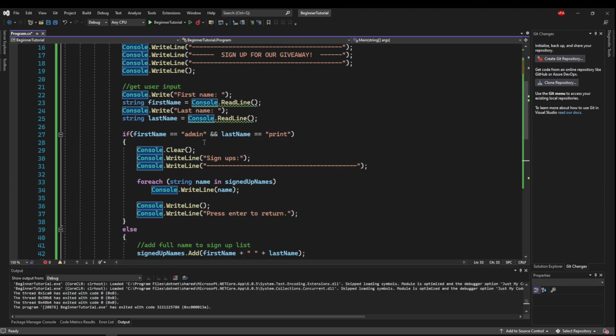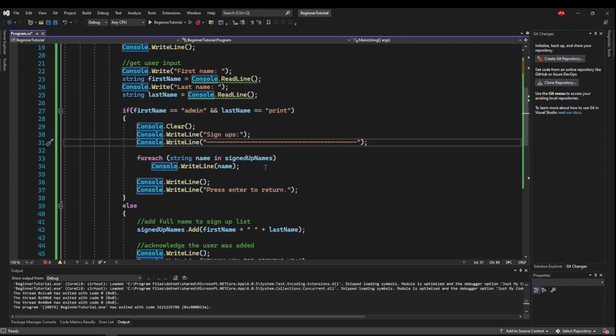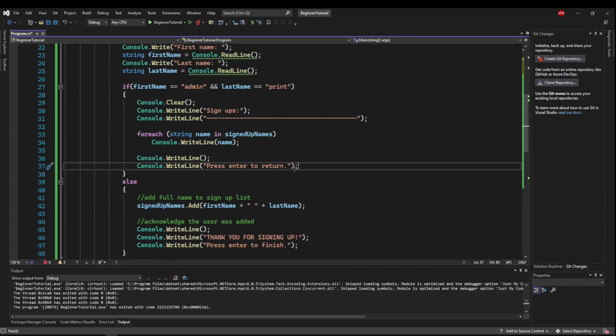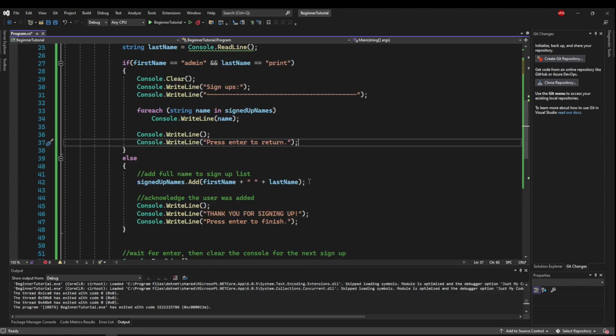So what we want to do is we want to go ahead and clear the console, and then we want to print a new header showing that it's the signups list. Then for each name in our signup names, we're going to print it to the console so we can show all of our names. We're going to write a line in between, and we're going to prompt the administrator to press enter to return. Now when that happens again, we're going to jump all the way out of our if